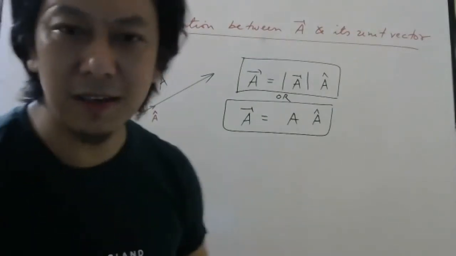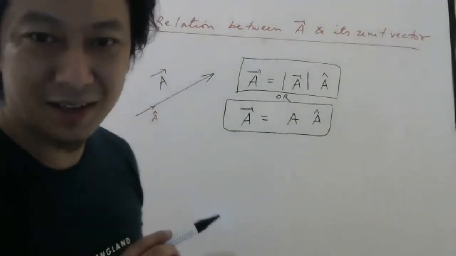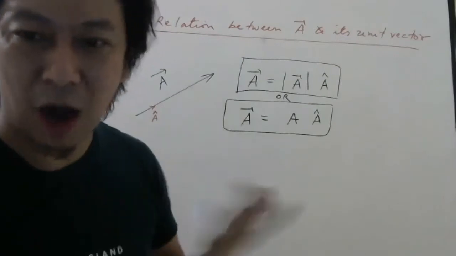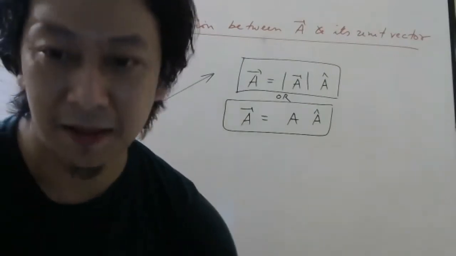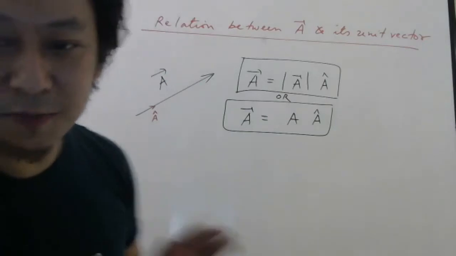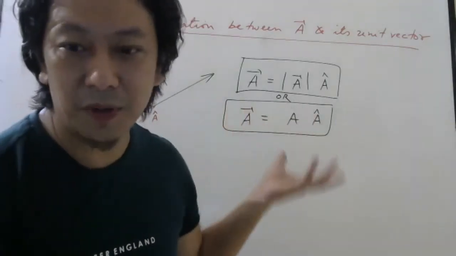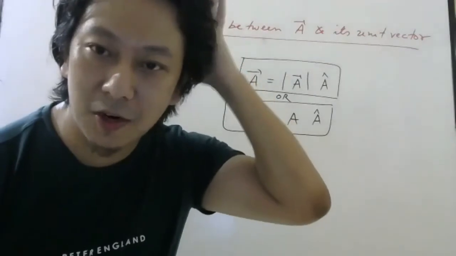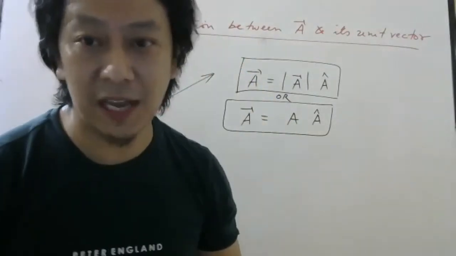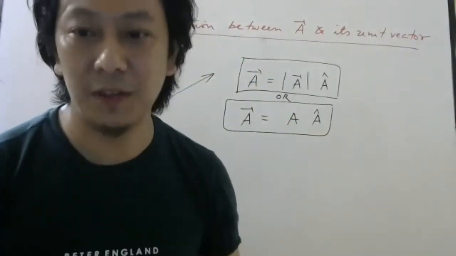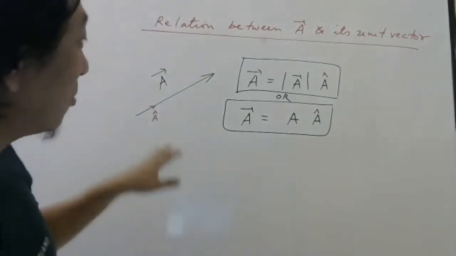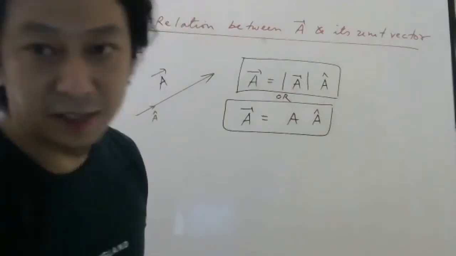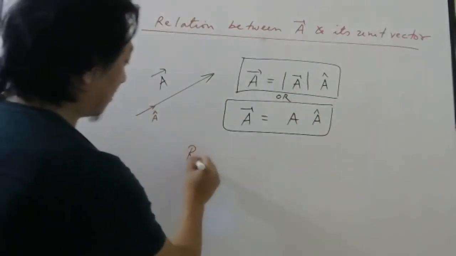Now I used to think how or why it is like that. Or do you feel it is obvious, or do you think how it is coming like that? In textbooks you will not find any proper reason given for this. So I used to think if a proper reason is not given, then maybe it is obvious, like 2 plus 2 is 4. Nobody will ask, right? So let us try to understand why this formula is correct. Let us see the reason behind this.